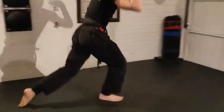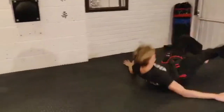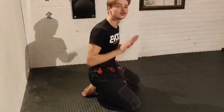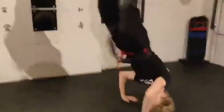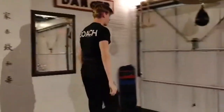The next step is I put my hands behind me and I push myself up. So I'm here, backwards roll, hands behind, and you try to push yourself up as high as you can, kicking your legs up to gain momentum and using your arms to push yourself up. The next step is straightening your arms completely and landing on your feet. So with that one I have to kick my legs up and over and push up with my arms. So once more,